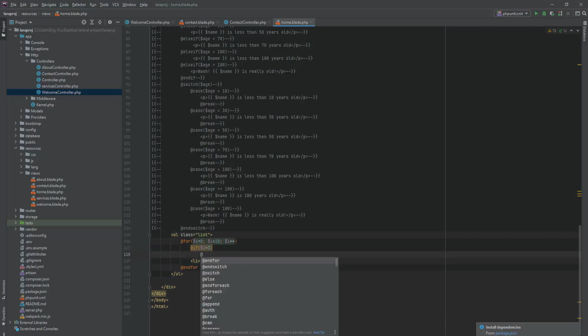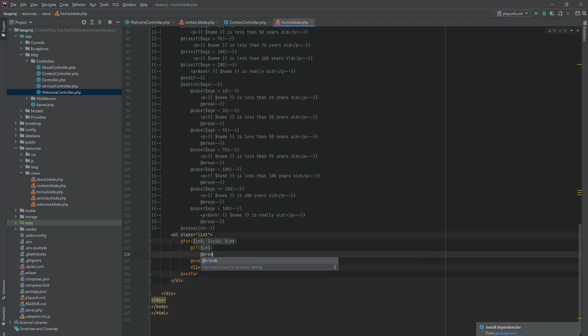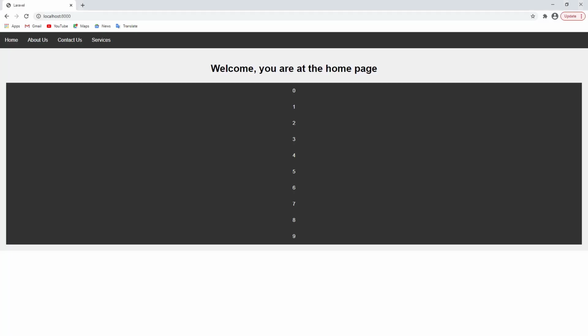Let me end it. Now I want to break. So if I is equal to 3, I want to break out, that is to say I want to stop everything. Now when I go